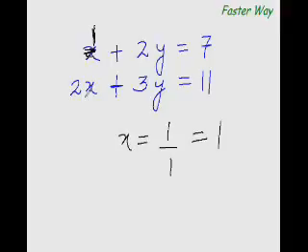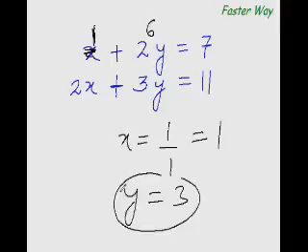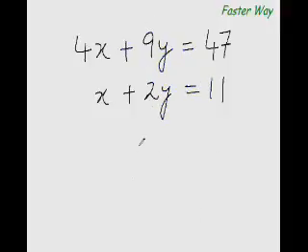Alright. Now you know that 1 plus something equal to 7. So you know that it is 6. 1 plus 6 equal to 7. So 2 times what equal to 6? 2 times 3 equal to 6. So y equal to 3, and there you have solved the equation. Now isn't that easy? In fact, algebra is the easiest branch of mathematics.